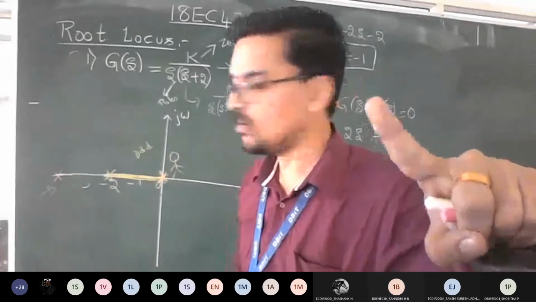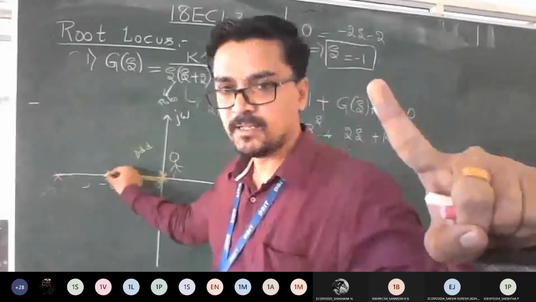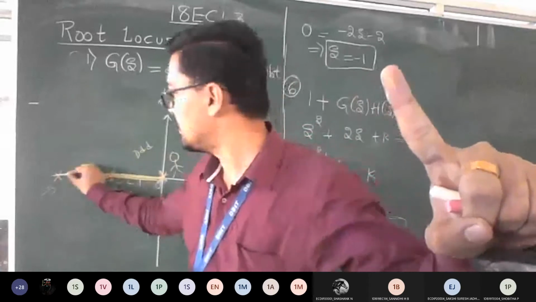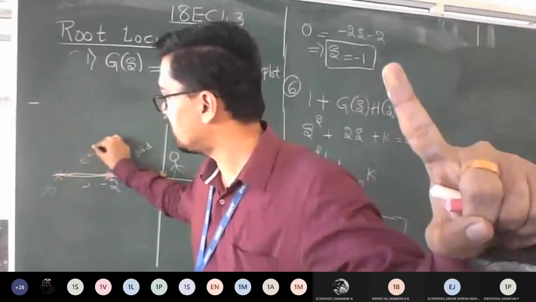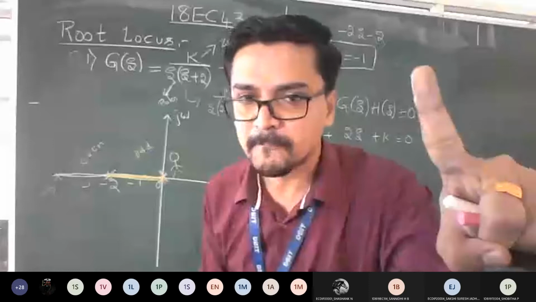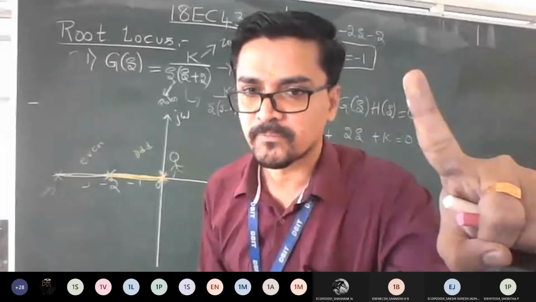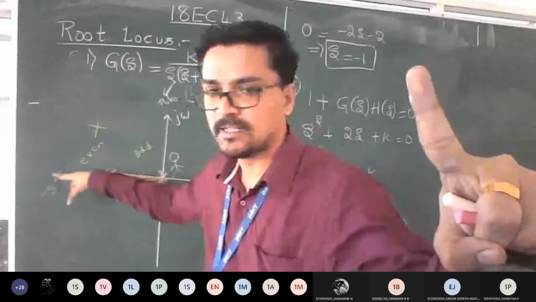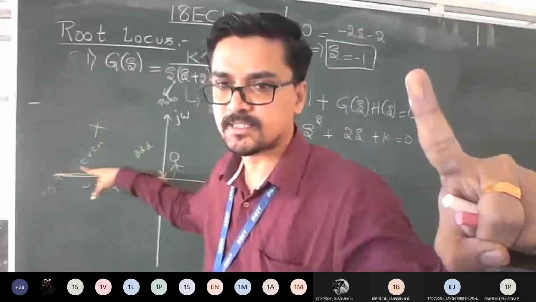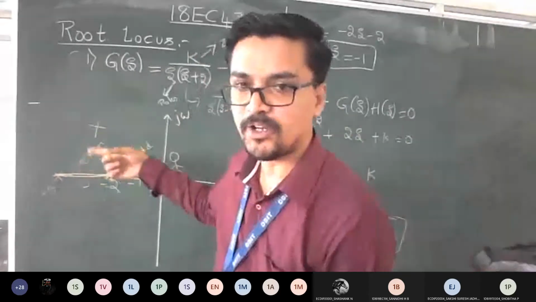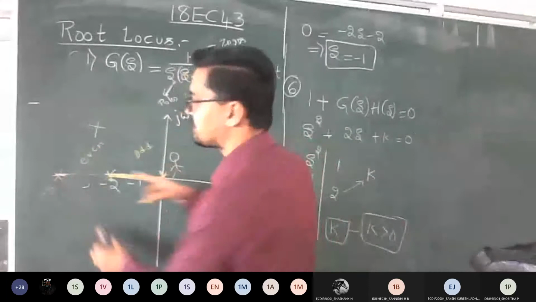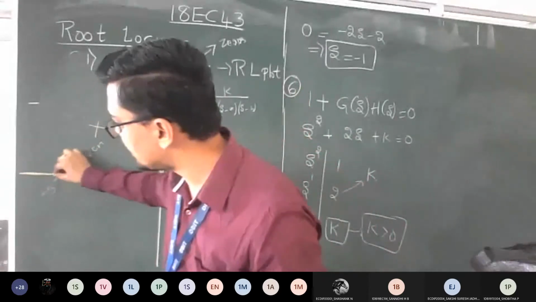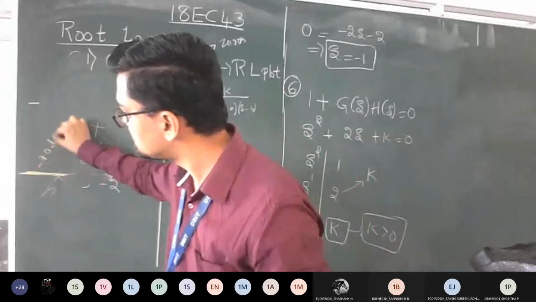Yes, sir. Now, if I trace from -2 to -5 straight away, then it is going to be what? Even number. Agree? Yes, sir. So that is why we are not going to consider this root locus line here. Then where to consider? After this 5, if it goes towards infinity, is it odd again?